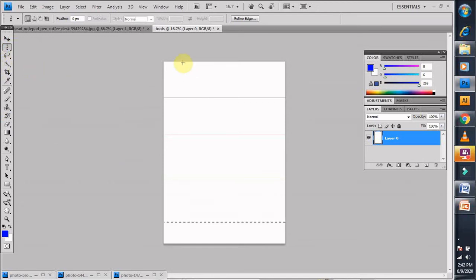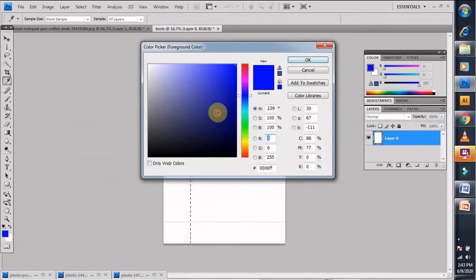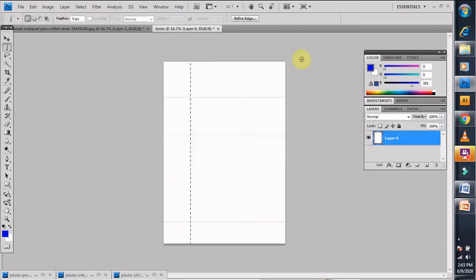Now move on to the single column. Yes, the blue color appears because we have already selected the foreground color, and for that Alt Backspace is for the foreground and Control Backspace is for the background. Make it darker.